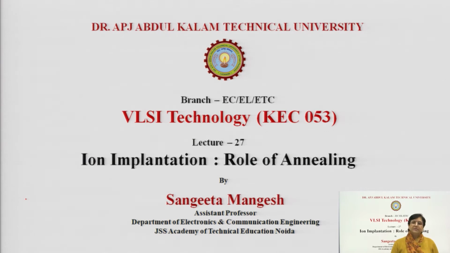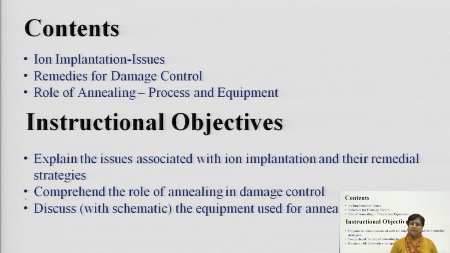Till now we have studied the introductory part of ion implantation. In the next lecture, I gave you the idea about the ion implantation system as a whole, and we have seen the equations associated with them, that is straggle, then range, RP, how you calculate, then dosage, beam current, all those equations we have seen in the last lecture. In today's lecture we are going to see the ion implantation related issues,